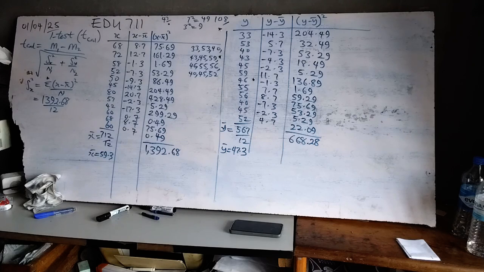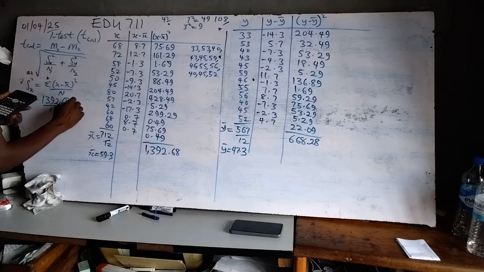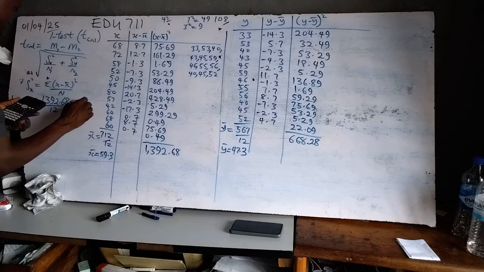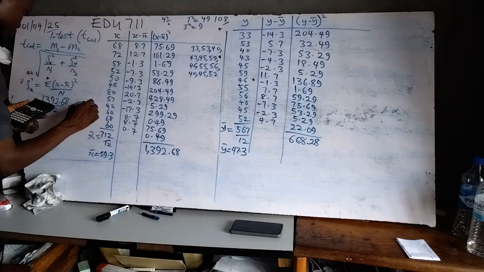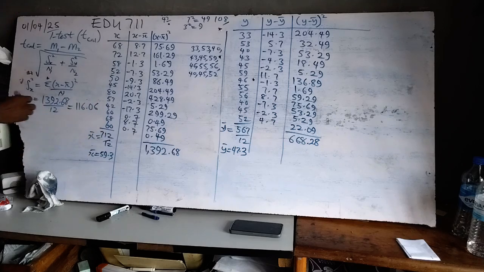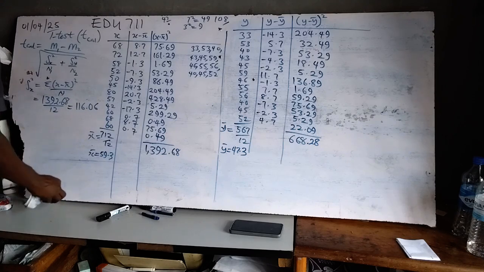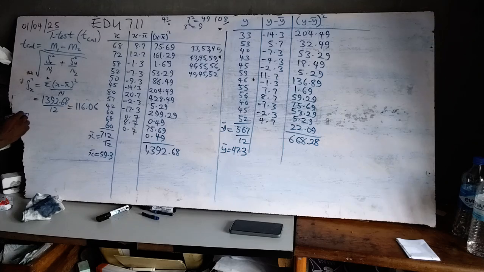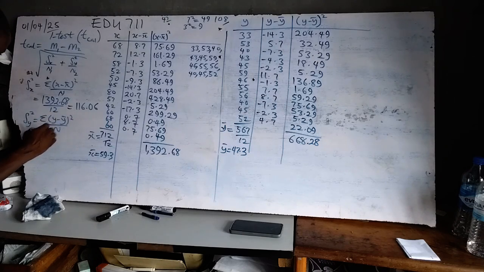That gives us 116.05, approximately. Then our S squared of y is the summation of y minus y bar squared all over N, which is equal to